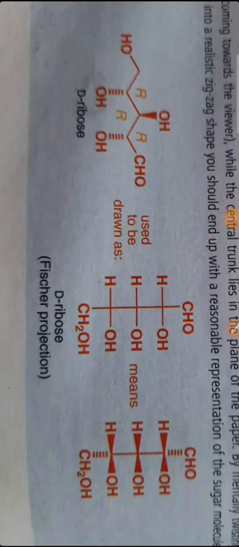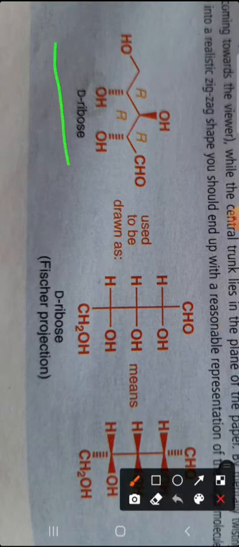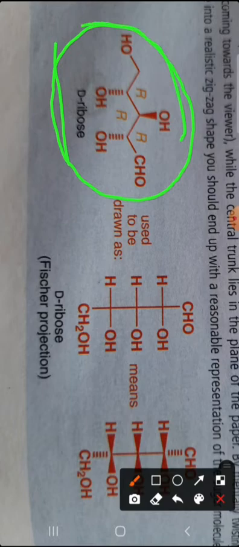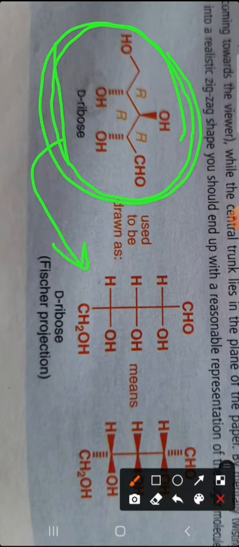So this is the structure of glucose. Simply, this is the structure of D-ribose. D-ribose is a part of a carbohydrate; it is a kind of carbohydrate. So we have written it in the zigzag model, and this zigzag model is converted to a Fischer projection. How is this molecule converted into this molecule? We discussed the rules of the Fischer projection in yesterday's class. What are the rules of a Fischer projection?